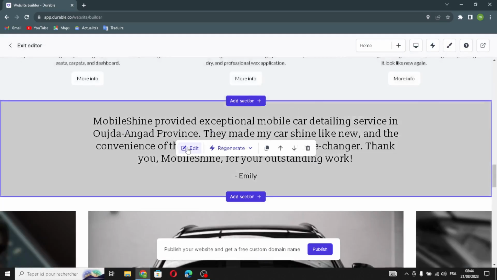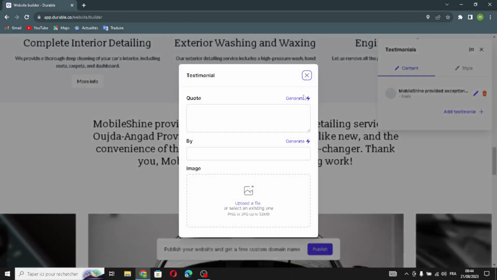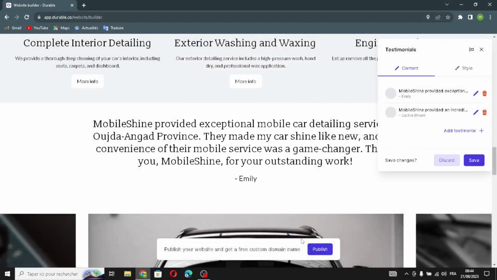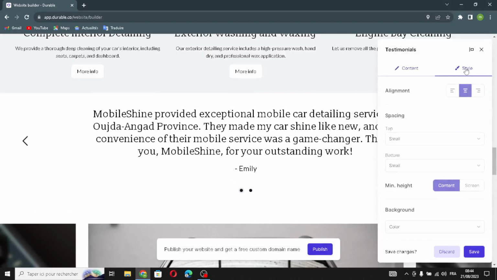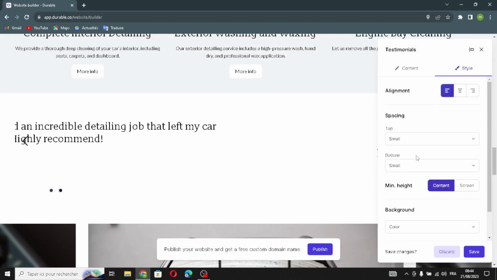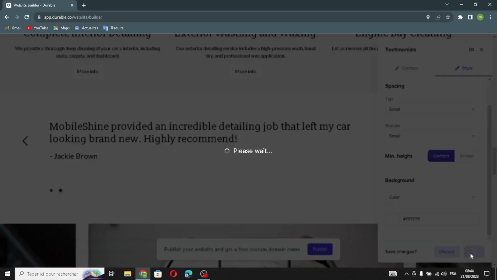Next section is testimonial section of the website. You can add testimonial here. If you want to generate a quote, you can generate by who, and here you can upload a file. So let's save this. Here you can edit the style of the section, the alignment or the spacing or the background. So that's it. Next section,